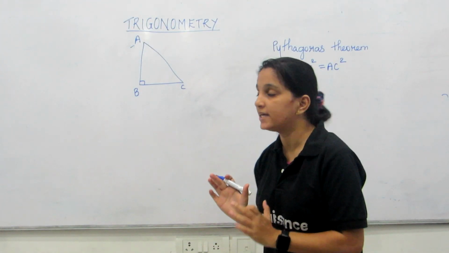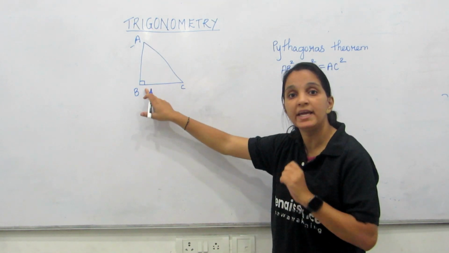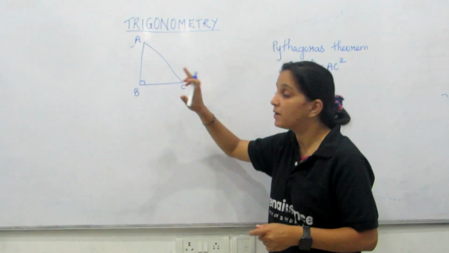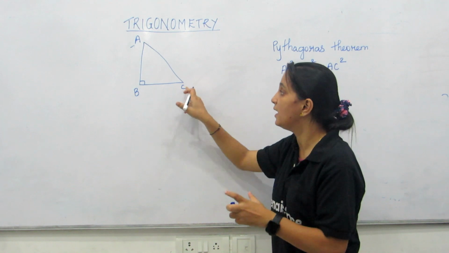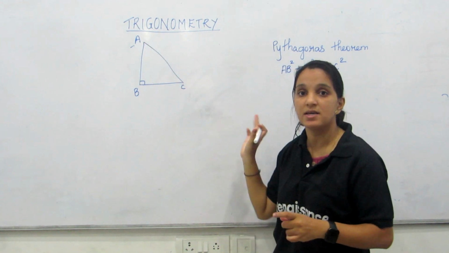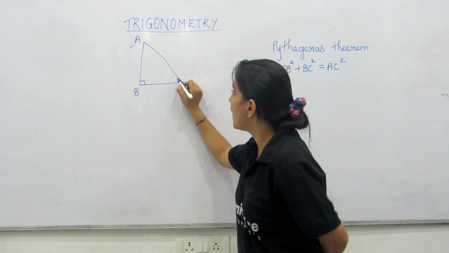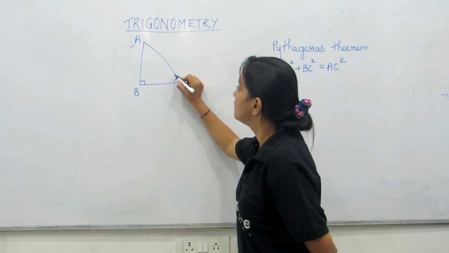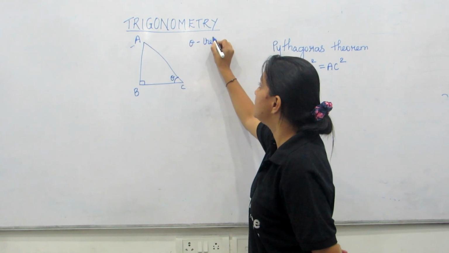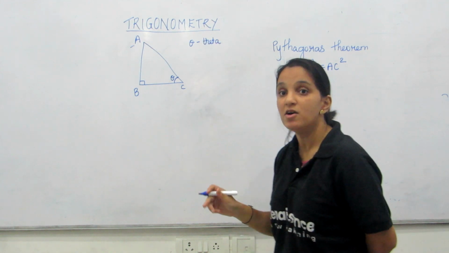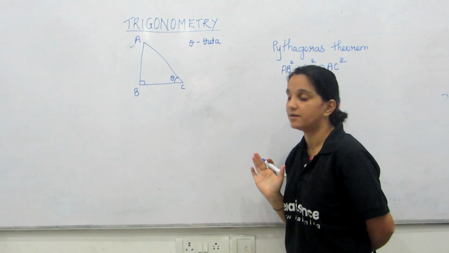Sometimes you have a right angle, and they will say in the question right angle at A. So you will have to take A here, B here, C here. But it should be in a line, A, B, C. It shouldn't be like A is here, then B is here, C is here. It should go in sequence form. Now I am marking one angle, which we will mark as theta. Theta is the angle which we are considering here. Most of the time you will see this theta as the considering angle.